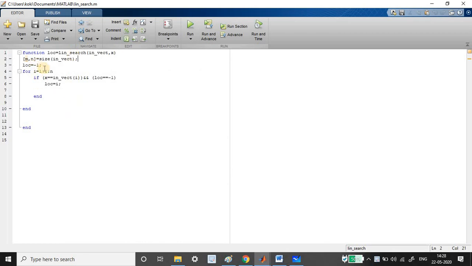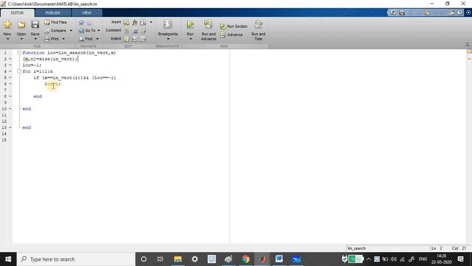It exits the check, then I is incremented to 2. Now again it checks 3 is equal to 2? No, the condition fails, and it comes out. Now I is incremented by another 1, which is 3. Now x is equal to 3, and in the input vector this variable's third index holds the value 3, so this condition passes. Now LOC is equal to -1 because we haven't changed anything, so it still remains -1. So both conditions are passed.